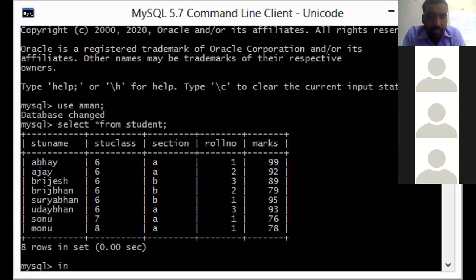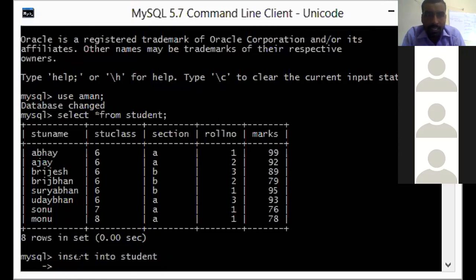Suppose we have insert into student, press enter, values.